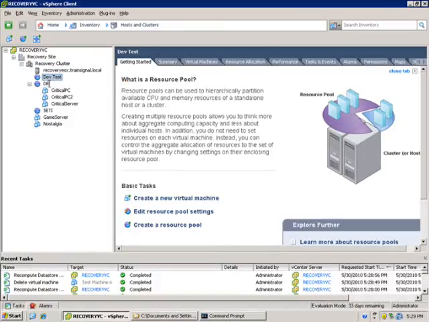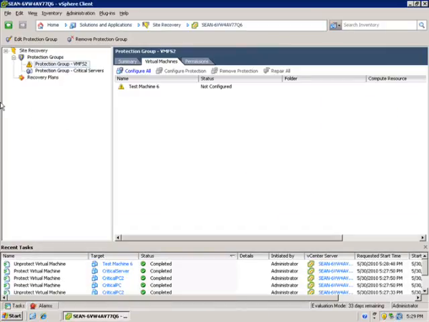Yep, here at the recovery site, there was a virtual machine here under dev test, a placeholder virtual machine. It's no longer. The effect of removing protection on a VM removes its placeholder from the SRM recovery site. So